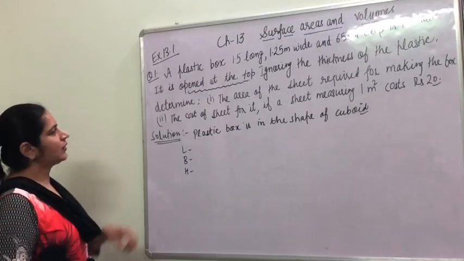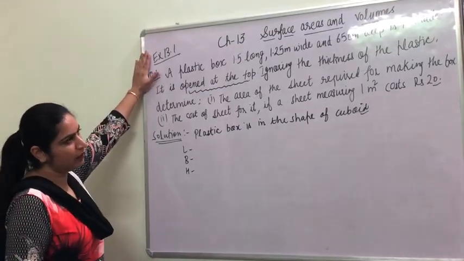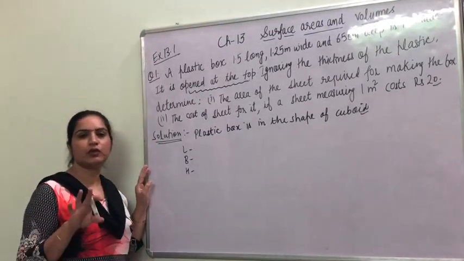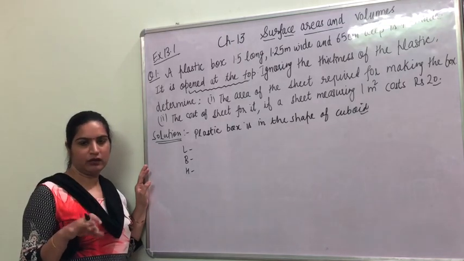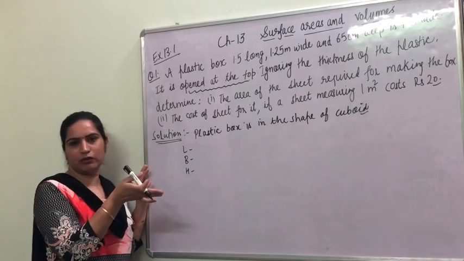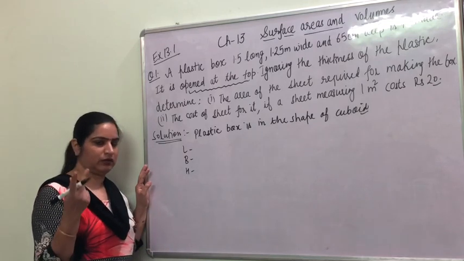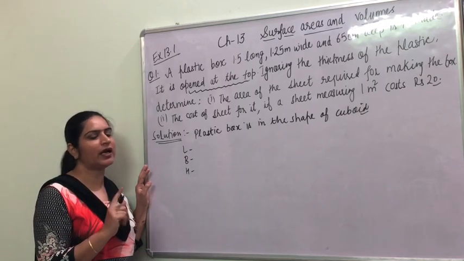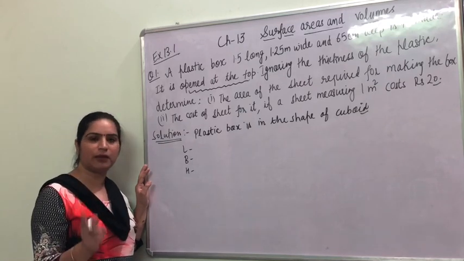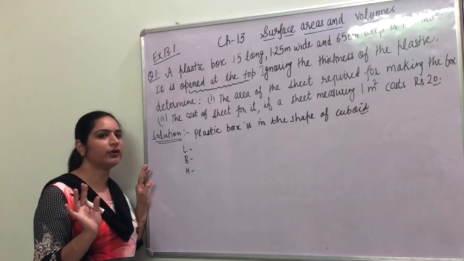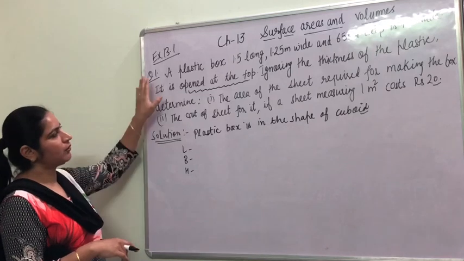Okay. Now we are starting exercise 13.1. In the first exercise only cube and cuboid are required. So you have to write down all the formulas mentioned above in your notebook. 2 examples are there. Already examples are solved, so I haven't explained the examples. You are able to do the examples. Do it yourself. Now we are doing question number 1.